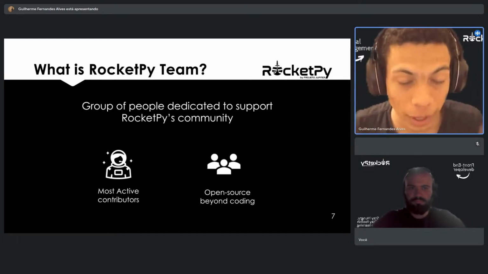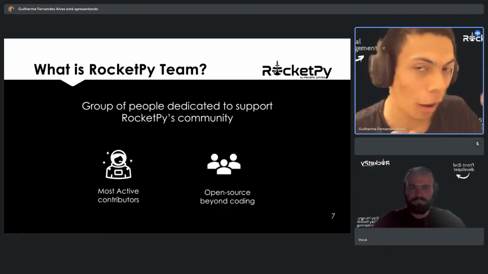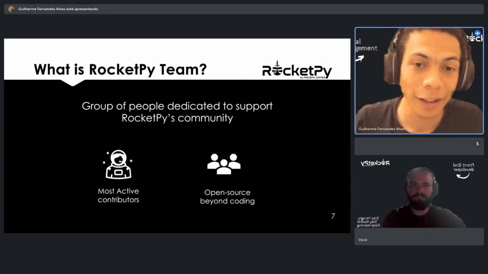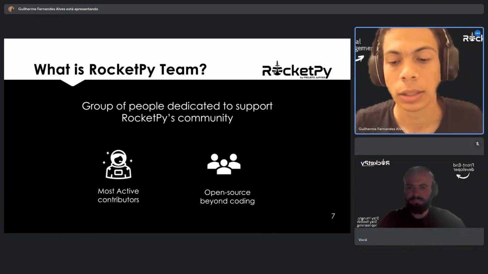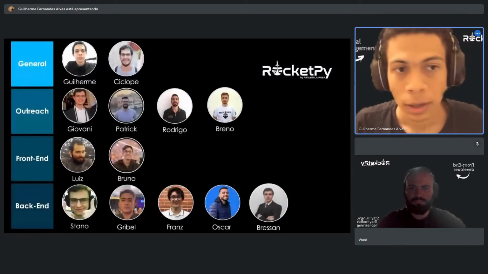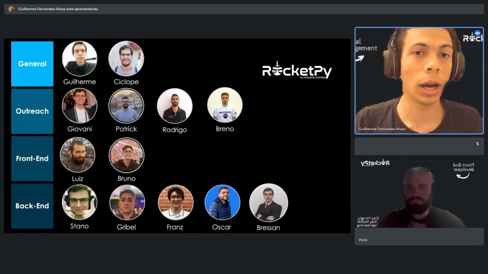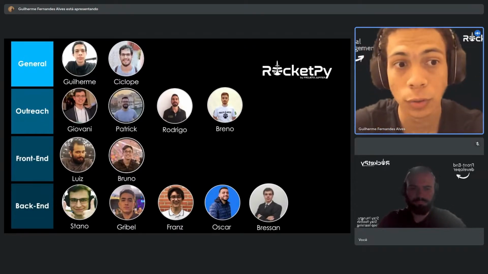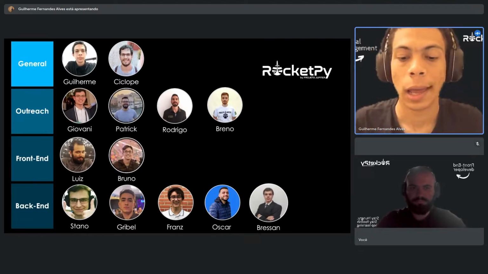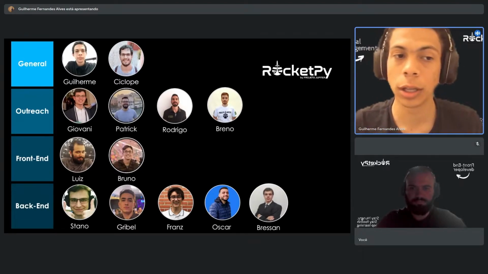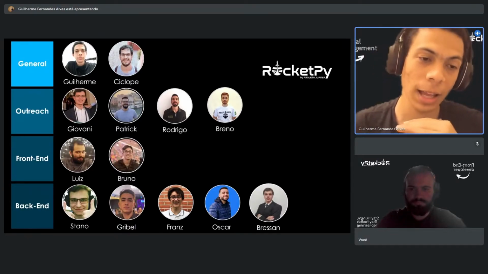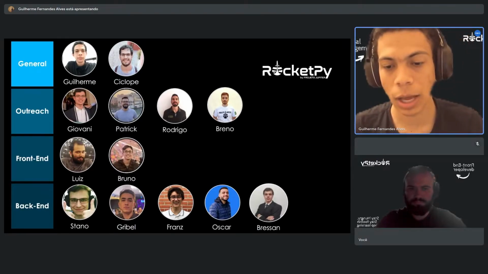So we have the coding and technical part, but also a lot of other features to develop outside those first contexts. As we can see, we are divided into four different departments. The first would be the general management, and then we have the public relations and outreach department, and front end and back end teams as well.